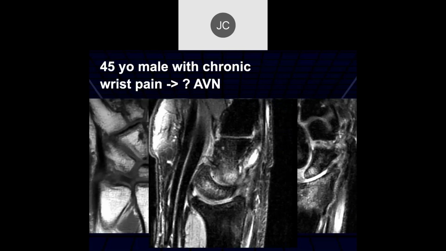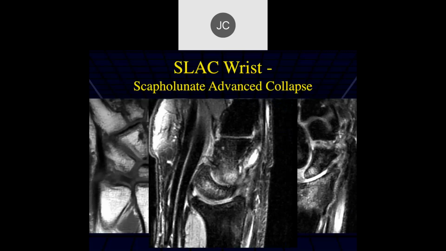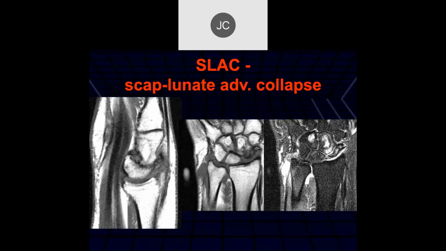On the sagittal image here, you can see a DISI tilt to the lunate and marked joint space narrowing here. So this is what you see in scapholunate advanced collapse. Characteristic findings. And here's another example. Right here we can see more